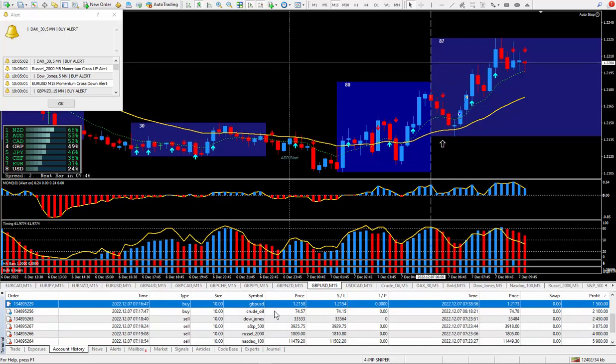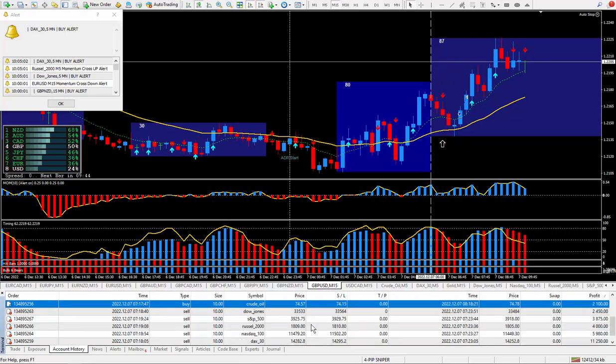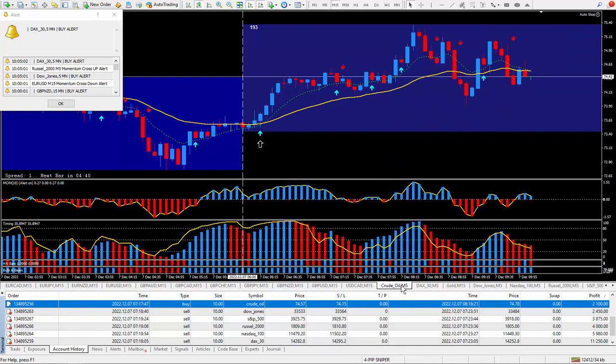Pound dollar we did, so now we're working on crude oil. So let's go to crude oil here. Now on some of these I dropped it down to the 5 minutes so I can get a good reading. Wanted to be buying it, I bought it. Let's see where I got in at. Started to go up here and it could have easily, just as here going up, it could have went straight up, but it